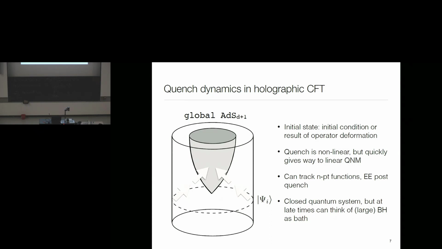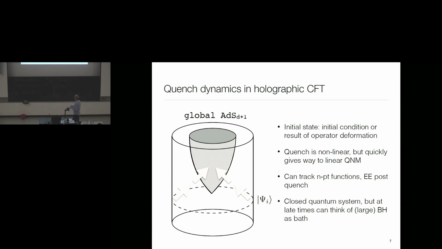For visualization purposes, let us think about a global quench for now, just this transparency. So what one does is one strongly disturbs, as a function of time, the system, either by an initial condition or by the result of an operator deformation. It's actually the latter that I'm going to think about. Now, in holography, this corresponds to essentially the physics of energy injection from the boundary and the physics of what happens in the bulk. So for example, generically, you might think black hole formation.